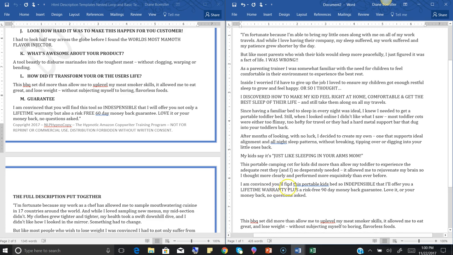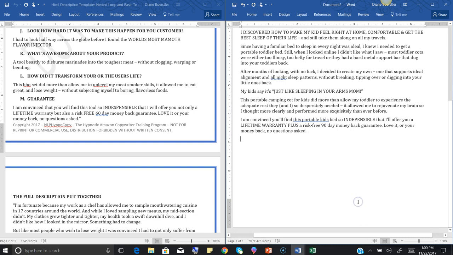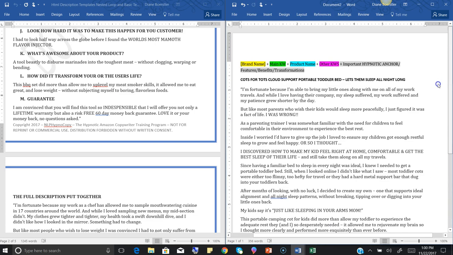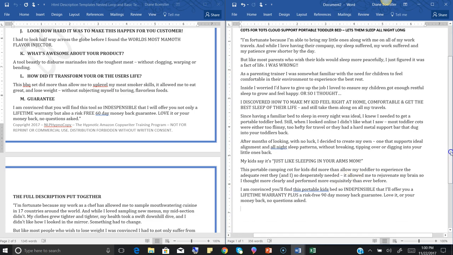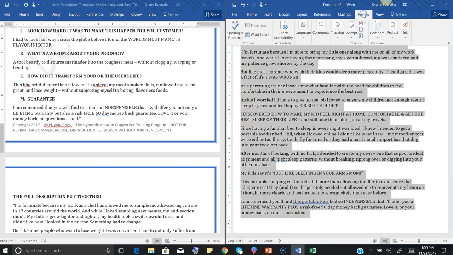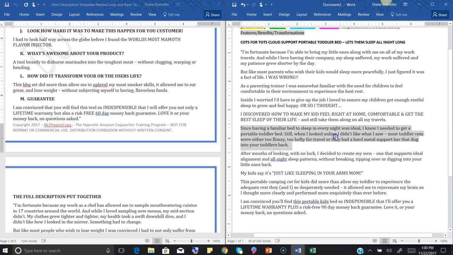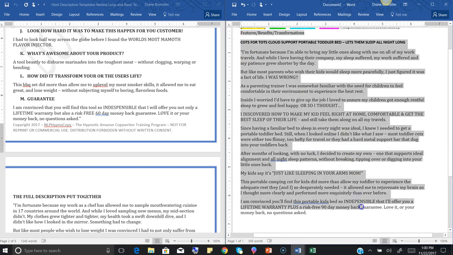Okay, so this is the moment of truth, people. This is when you get to see how many characters you are over. If you aren't over, you get to add more if you'd like, and if you are, you've got to cut it. 1,849, that is cutting it mighty close. So I may have to go back and cut this, but let's go over to